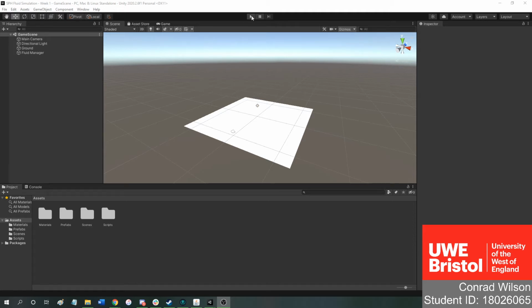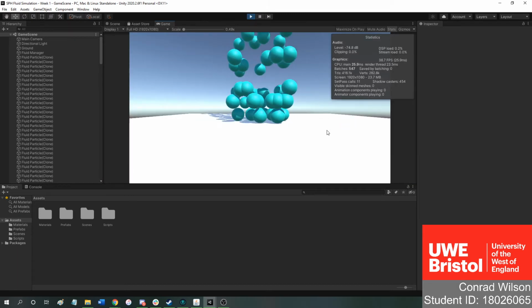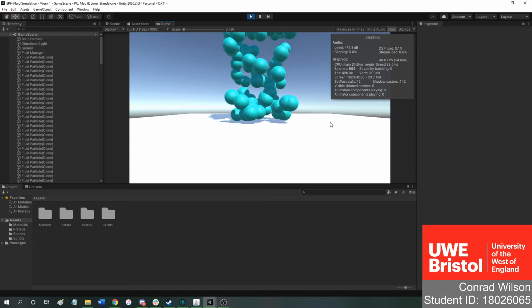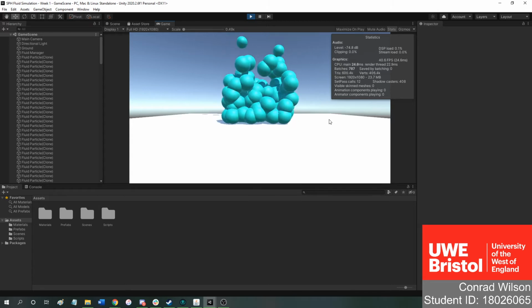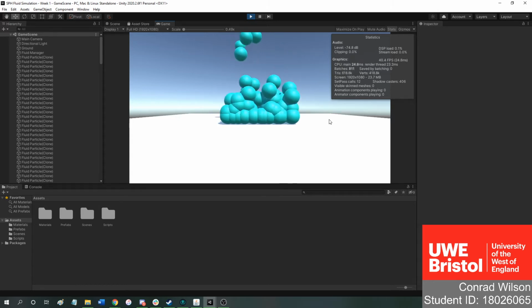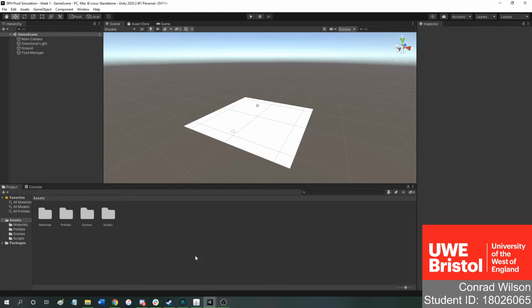So I'm just going to do a bit of a performance showcase. Currently this is last week's performance. I've got 200 particles running, and in this small area these 200 particles bring us down to 35-40 FPS. Going down to 35, there you go, not too good. But with this week's work